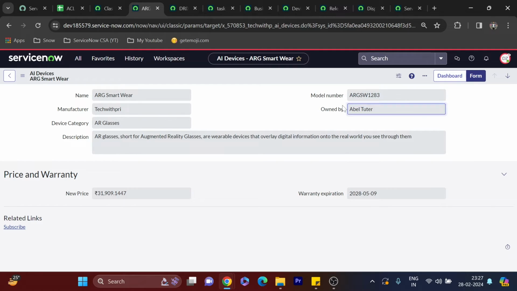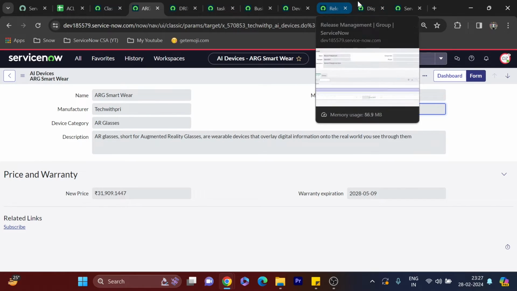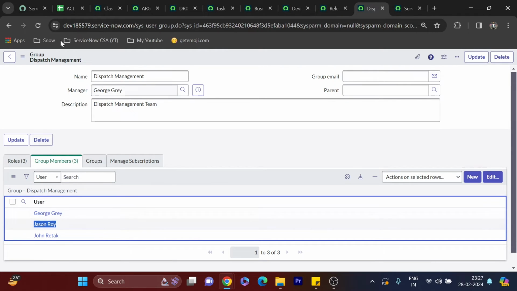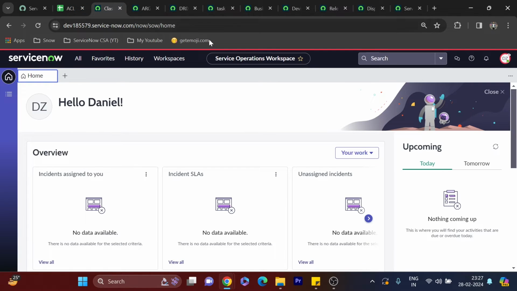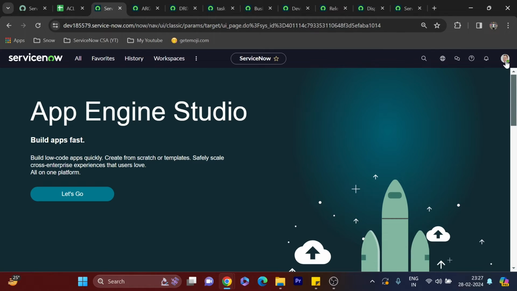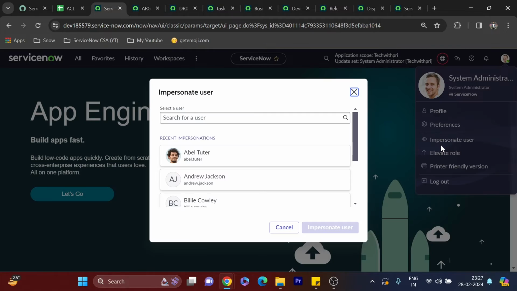You can see. However, it is read only. That's fine. Now the next thing I want to try is with the dispatch management team, right? So I'll try with Jason Roy this time. Last time we tried with George Gray. So I'm going to end impersonation. Oh, I should have clicked on impersonate another user. Sorry, my bad. So impersonate user